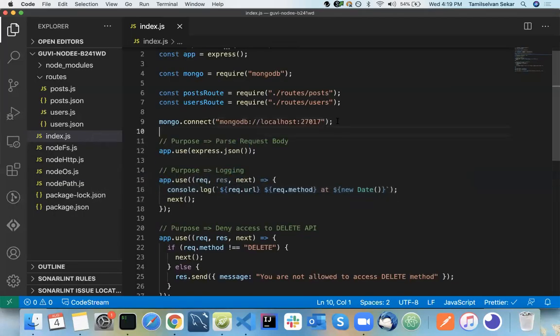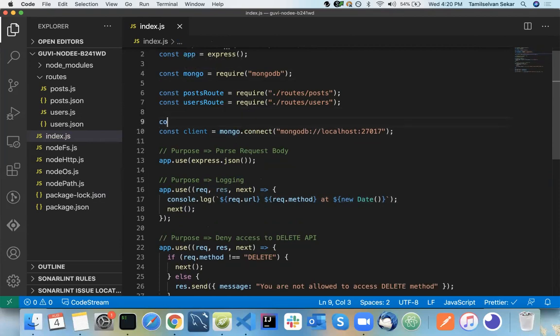It allows us to connect to our MongoDB. This is something like your client. Inside MongoDB there is something called MongoClient. So let's see here, client equal to